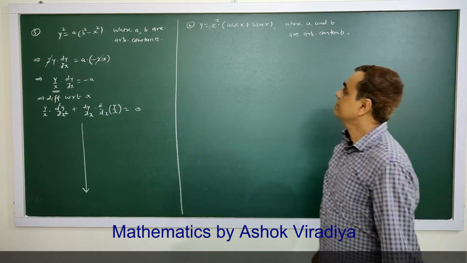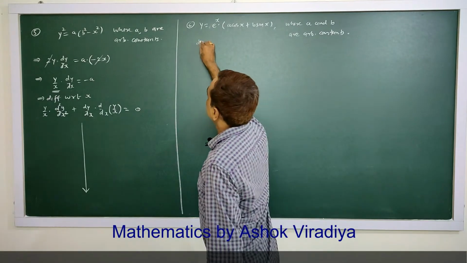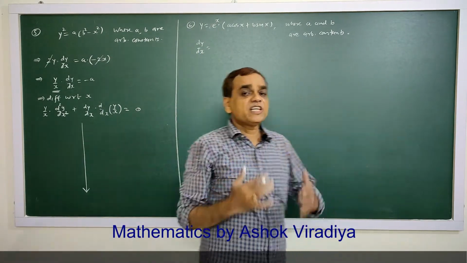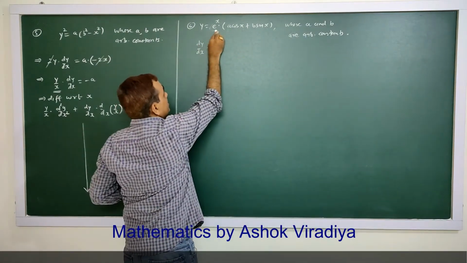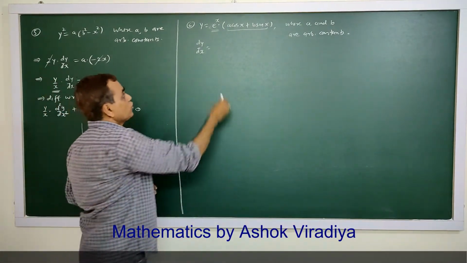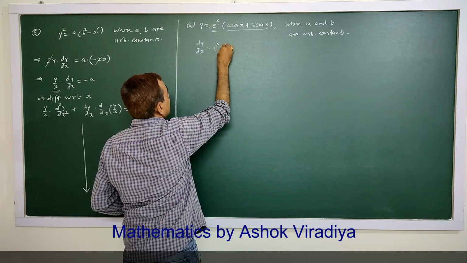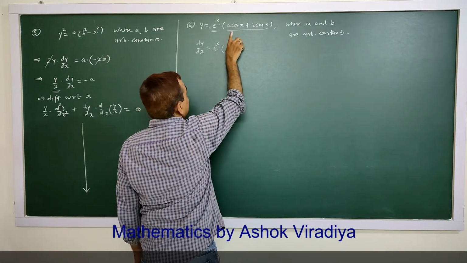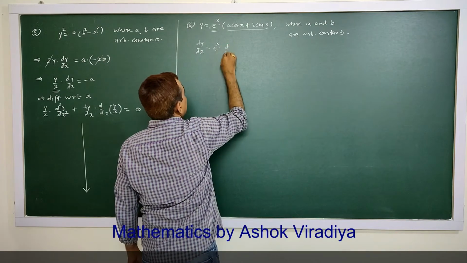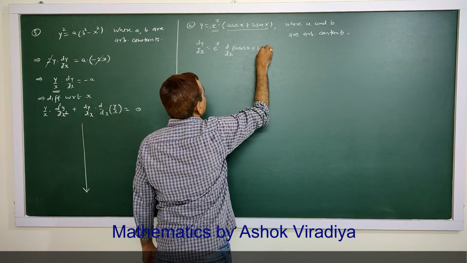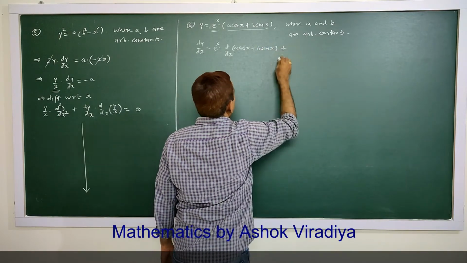Now differentiating with respect to x, dy by dx is, differentiating with respect to x, say this is u, this is v, u into v. So u as it is, derivative of v is, say differentiating this, d by dx of a cos x plus b sin x, plus second